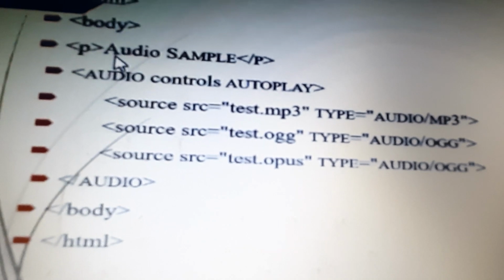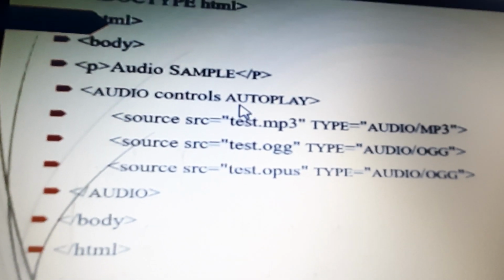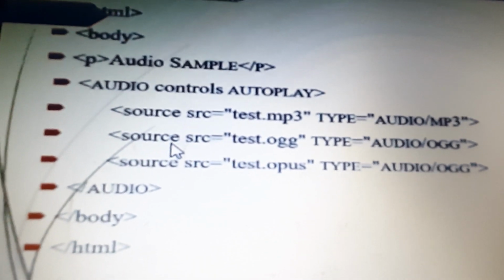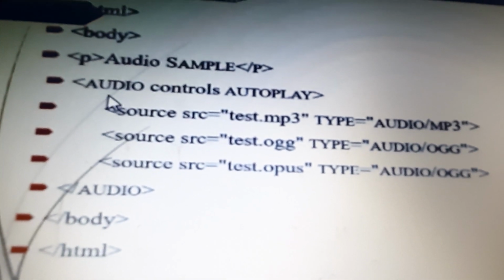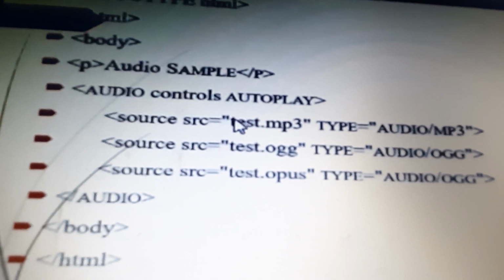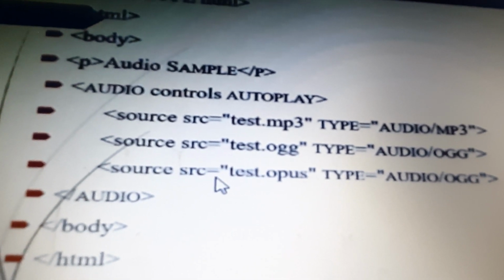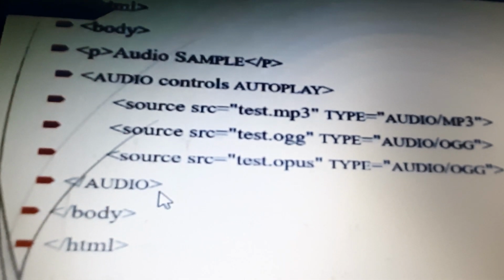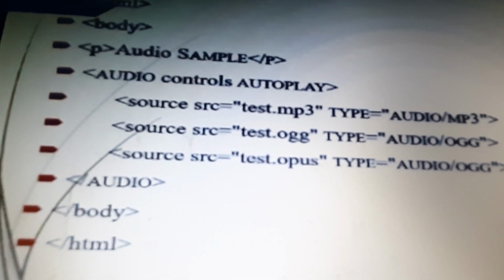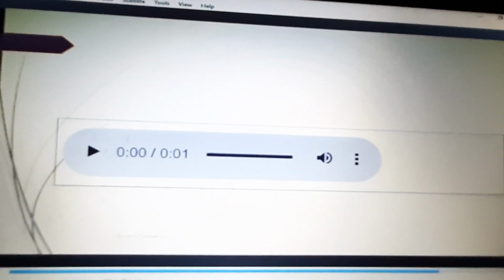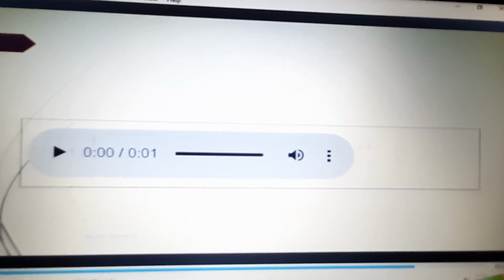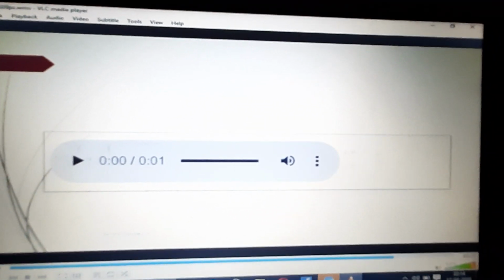For that purpose we have to prepare the same program, where we use the autoplay attribute. With autoplay we can switch from the first to the second and from the second to the third. So we have to write audio controls autoplay. In that tag we insert the audio source, and we can insert multiple audio sources. Then end the audio by using the /audio, end the body, and end the HTML. Next, when we run the audio, the output will be like this. So we can add multiple resources there.